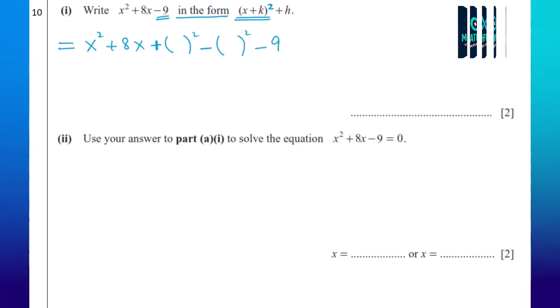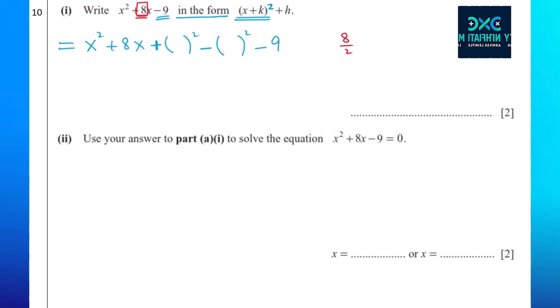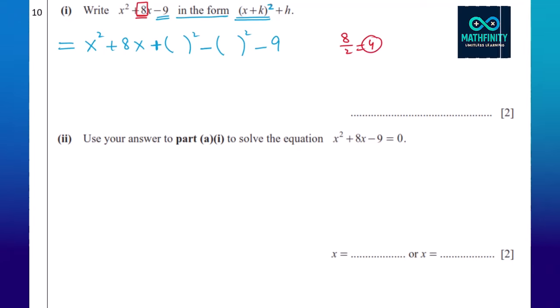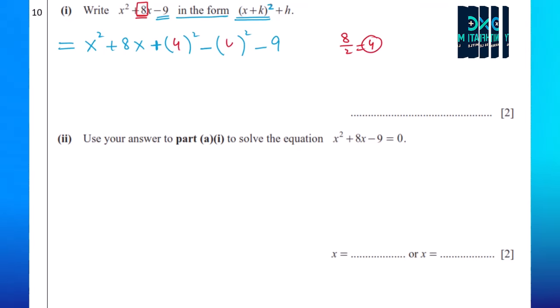What we have to write inside the bracket, if you remember, I told you half of the coefficient of x. What is the number here? 8. Yes. What is the half? Because 8 you have to divide by 2, so 4. This number you have to write inside the bracket. After this one,